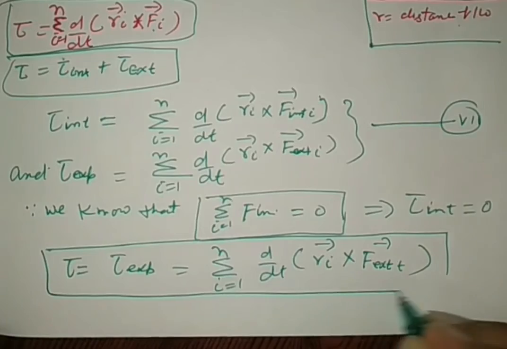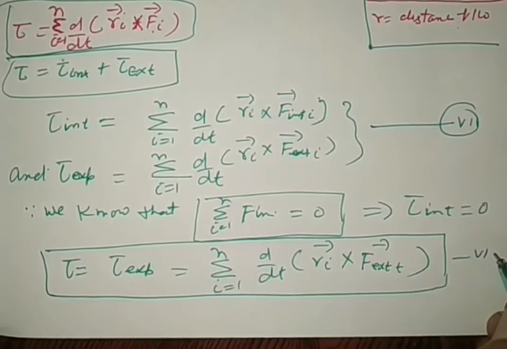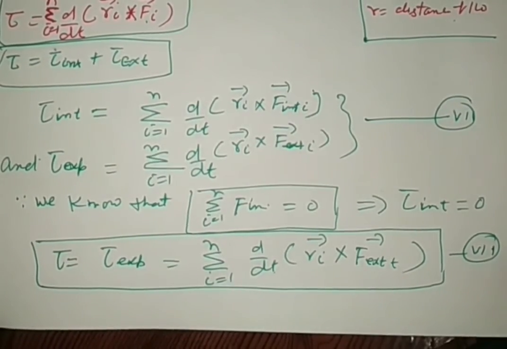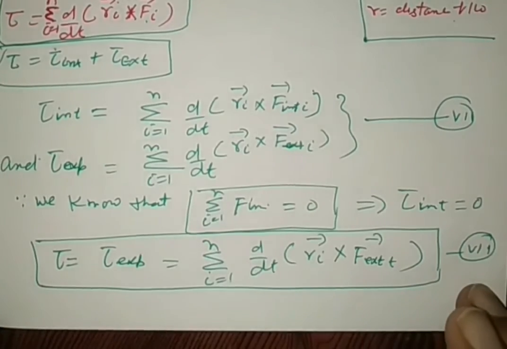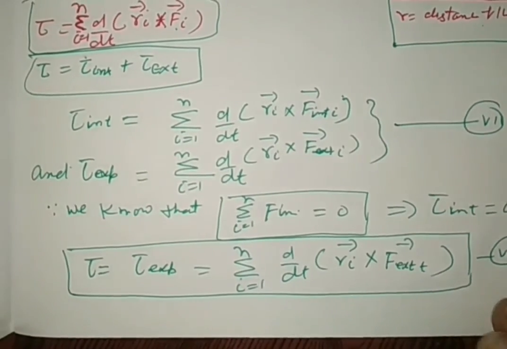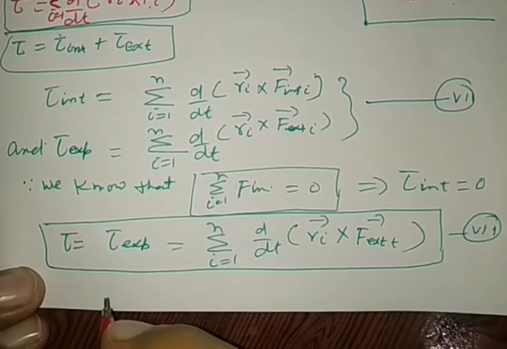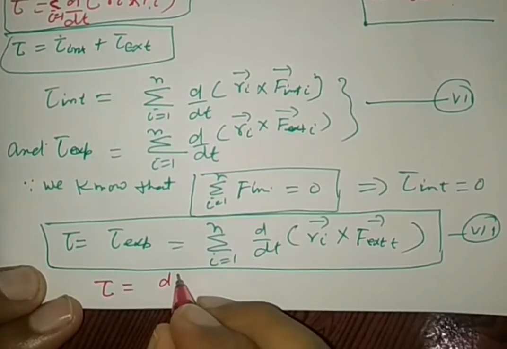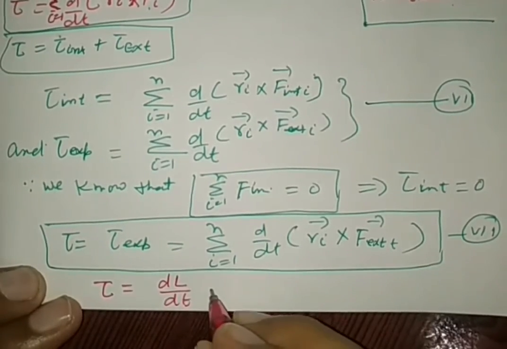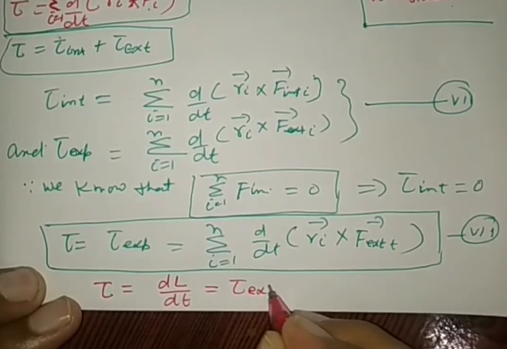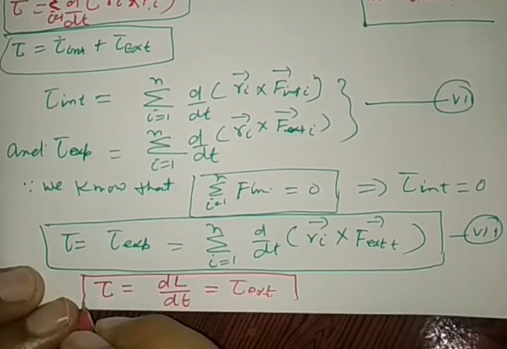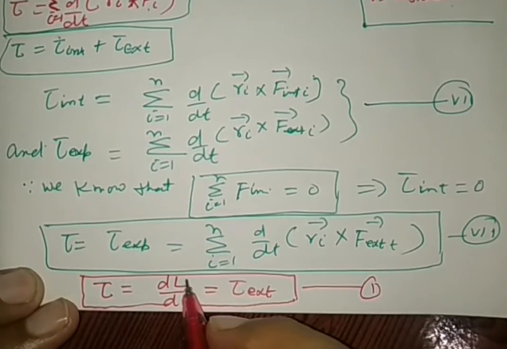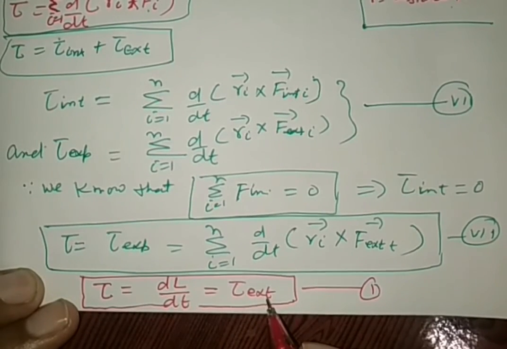This formula, equation number 7, represents the torque acting on a particle due to a system of n particles. So finally we may conclude that since we know that torque is equal to rate of change of angular momentum, this is equal to external torque also. This is the final conclusion which gives the relation between angular momentum and torque in case of external torque for the